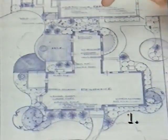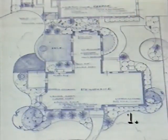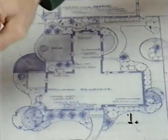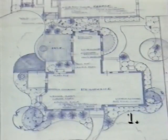Now, the first consideration is the style of landscape that will work best with your property. Well, our house has kind of a cozy look to it, and Rosalie has enhanced that with an informal style in her design. That's where the beds have curves rather than straight lines, and where the plants seem to be placed almost at random. That's all very carefully planned though. You'll see it come together later on the tape, but right now let's take a look at a finished example